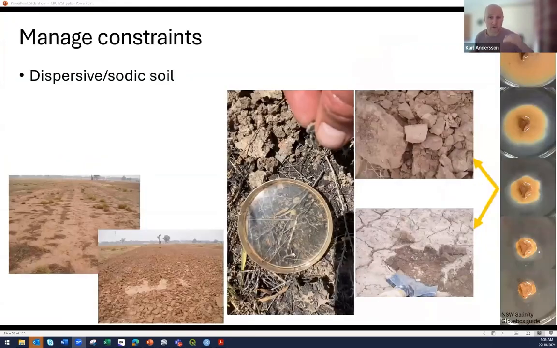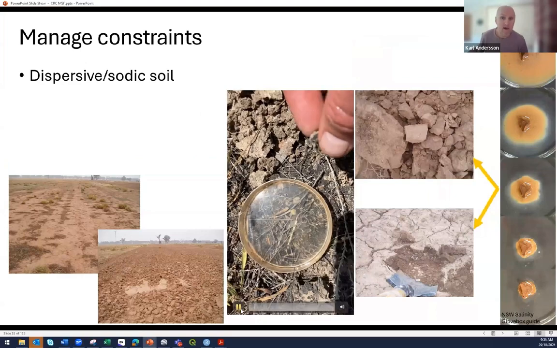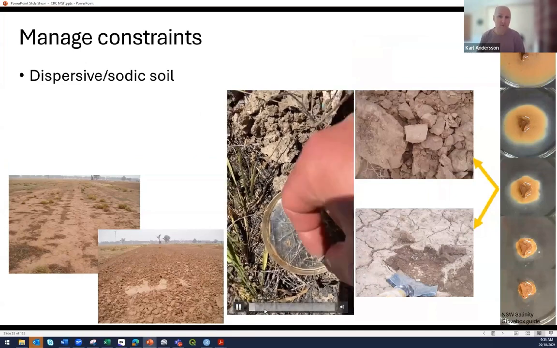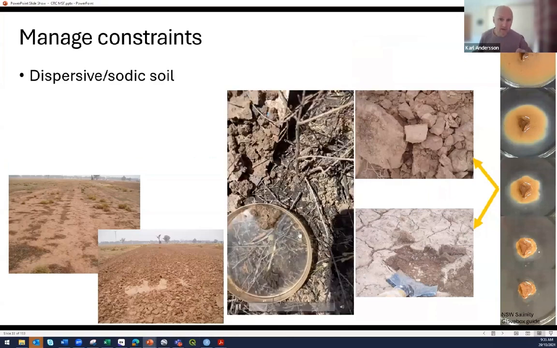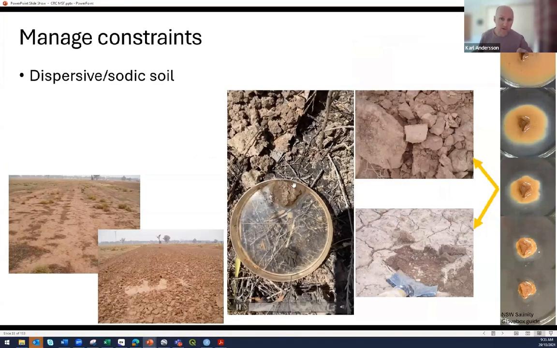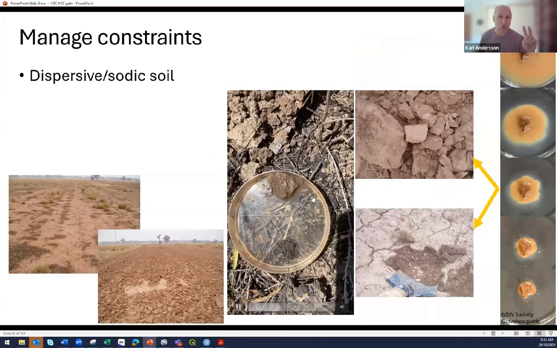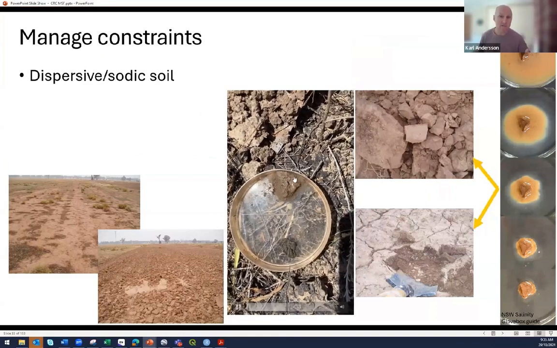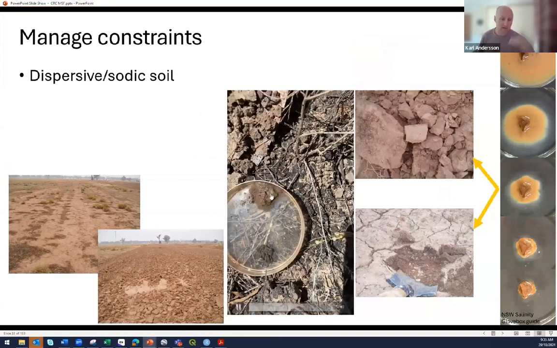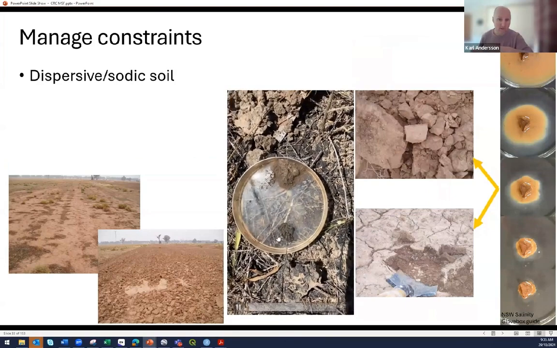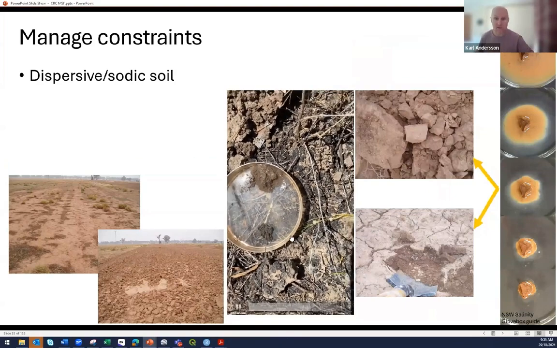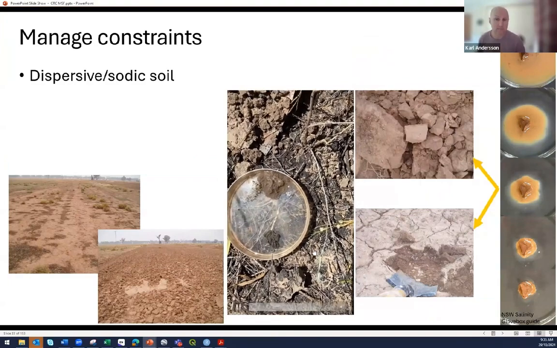Some other little tests you can do, looking at the stability of the soil. You can look at how the soil responds by putting it in a little dish of water. Dark is organic. Just underneath it, less organic matter. And as quickly as this, you can see what a good level of soil is. This is not enough to keep the soil together, so it will fall apart, seal, and water will shoot off. If you've got more organic matter in there, it's stable and water can get in. Quick as that, you can suss it out.